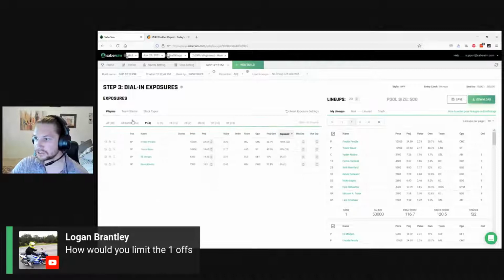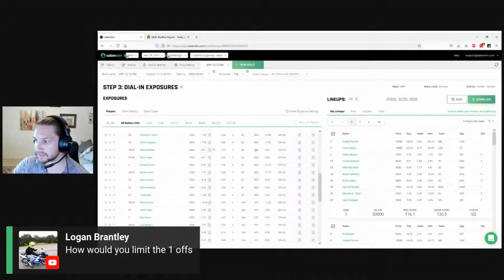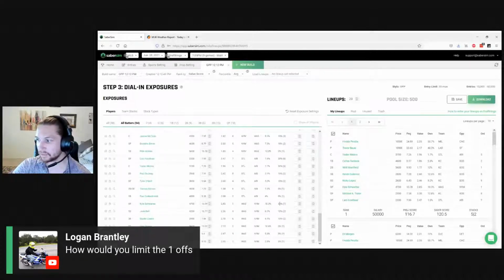Then if you go back over to your players, look at your batters, and look at your teams, there's not really a great way to do this with total precision, especially if you're doing this for a lot of lineups. But we know that we have one Washington 5-stack and one Washington 4-stack. So 10% of our lineups have them in a stack. So any Washington batters that are exposed more than 10% are being used in one-offs, right? So now we know that, and we can come in and limit